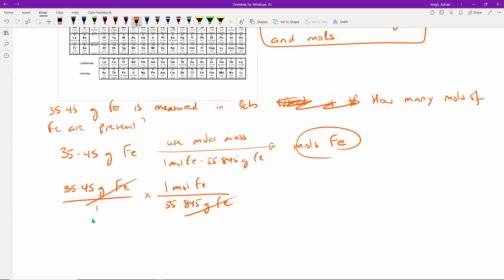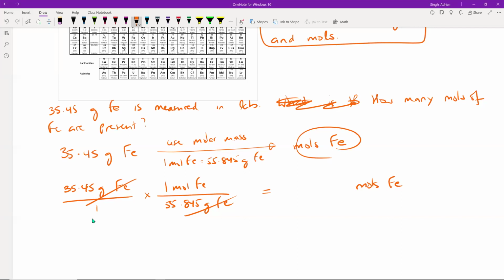Grams go away. I end up with moles of Fe. And if I evaluate that with my calculator, you should get a number that would be smaller than 1, because if 1 mole is 55.845 grams and you measured out 35 grams, that's less than a mole, right? So